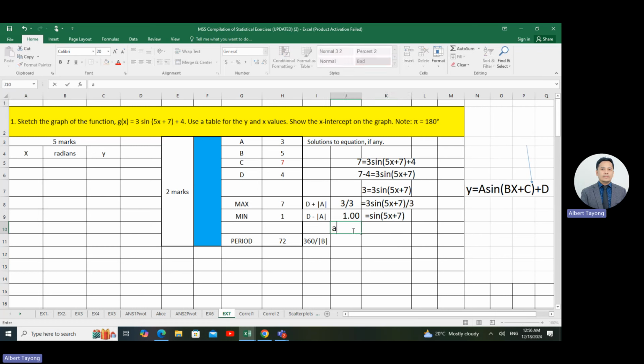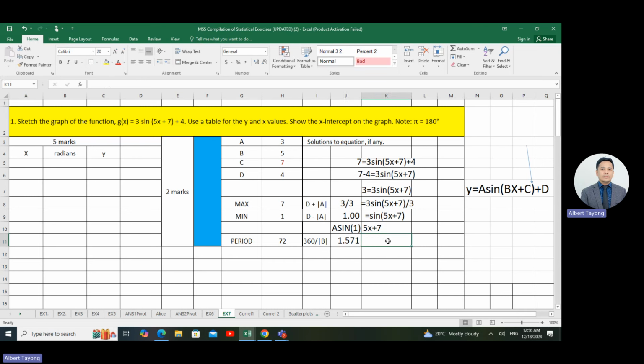Okay. Now, in mathematics, actually, we have to divide both sides by sine to solve the x. So this will become a sine 1. Okay. And here the remaining will be 5x plus 7. So sine here is cancelled because we divide both sides by sine. And here 1 over sine is a sine of 1. That is arc sine 1. Okay, it's the inverse of sine somehow. And here we can solve directly. We have a sine of 1 close. That is the value